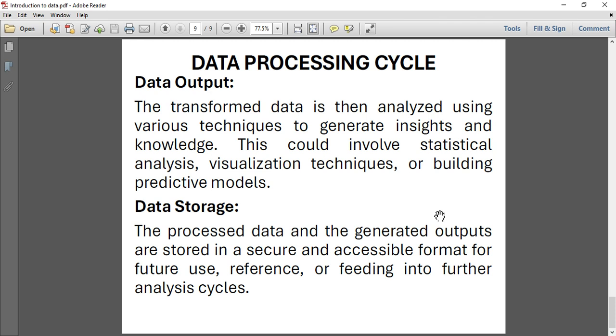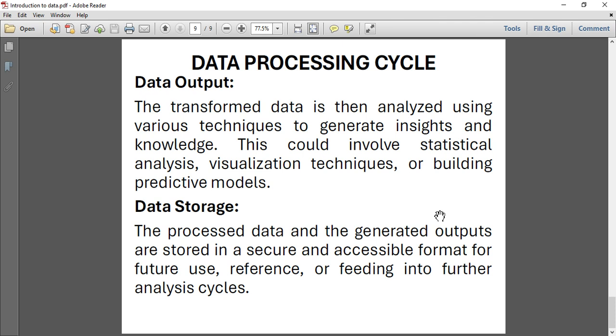Okay, for example, as we were doing the voting, people were collecting data, they processed the data, they were giving visualizations to say, okay, this part is doing like this, this part is doing like this. That is data output. You could be able to see the dashboard to say, okay, the dashboard is showing that this president is the one that has got more votes in this area. That is data output.